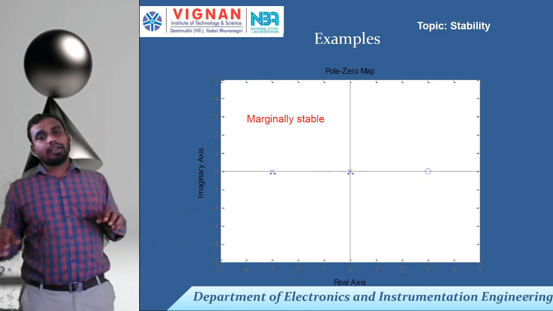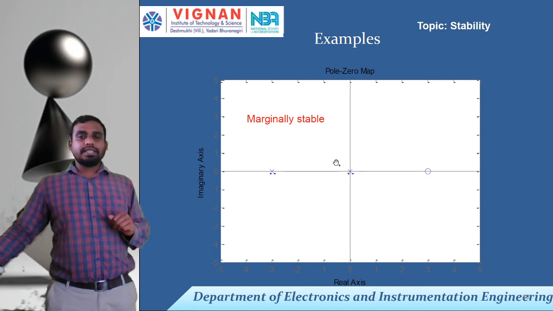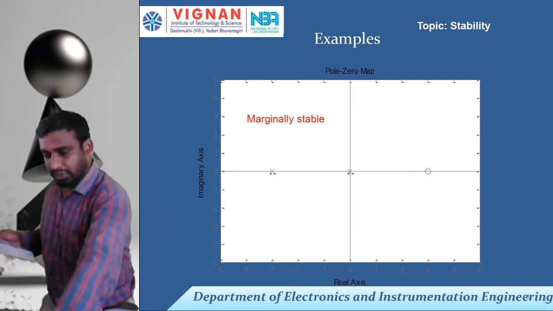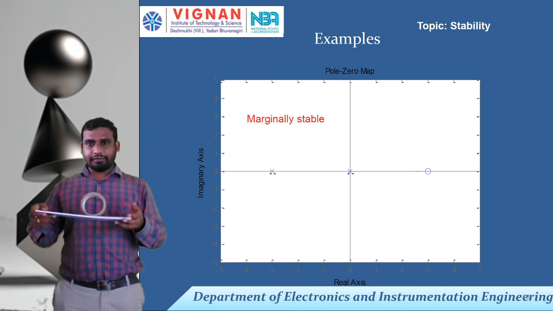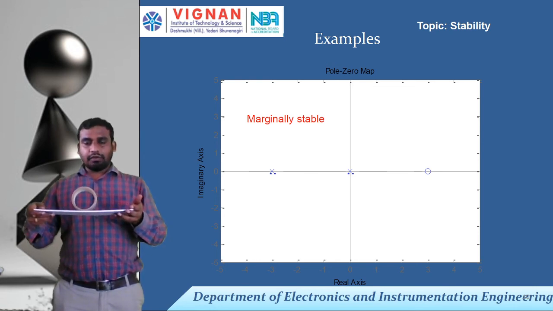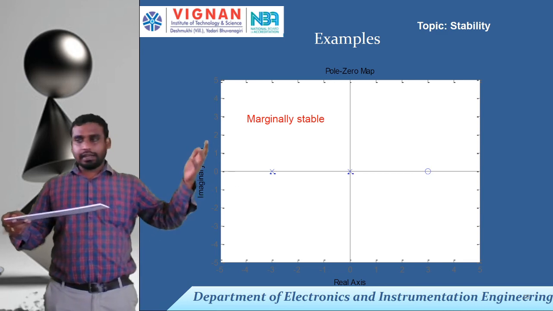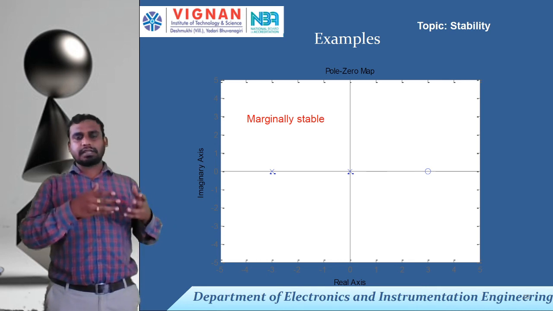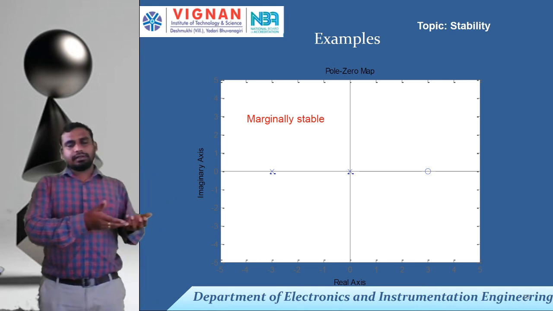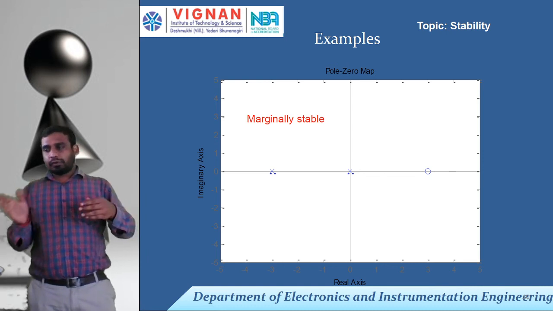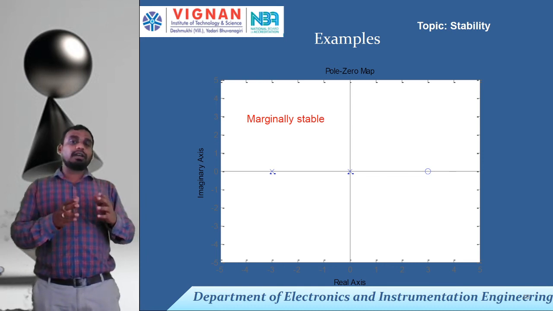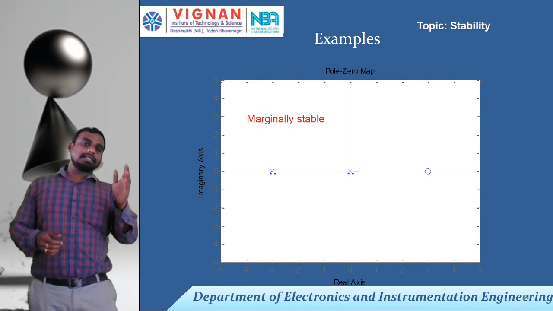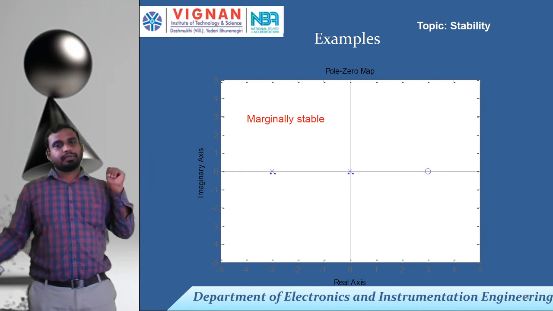This happens when you have a pole on the origin. If any external force or disturbance occurs on the system, once the system is stabilized, it will fall. This is the verge of instability. When an external force or disturbance comes to a plant, it will go to the unstable region. At the same time, if the force is very little and your system is able to control it, then the system can come back to the stable region.